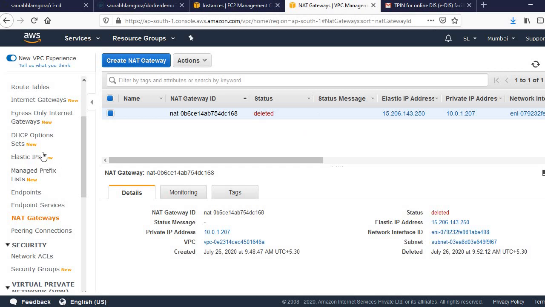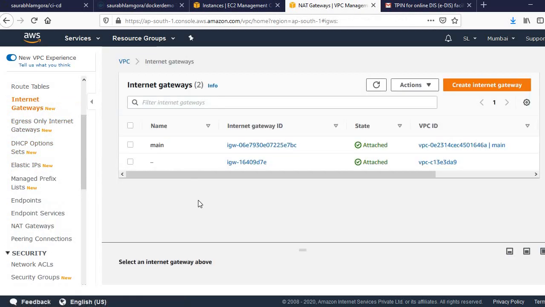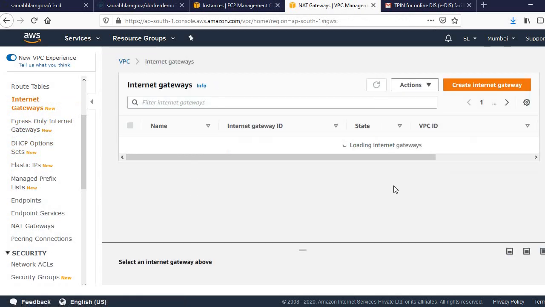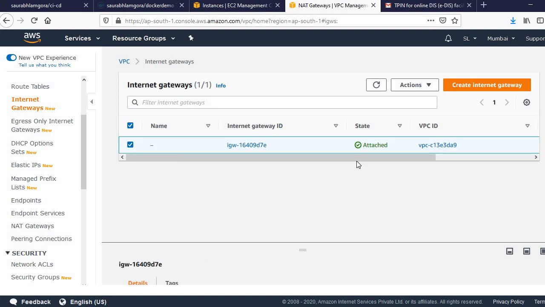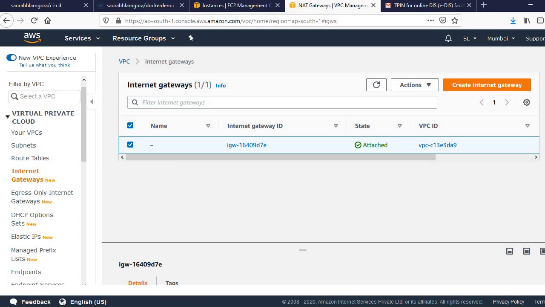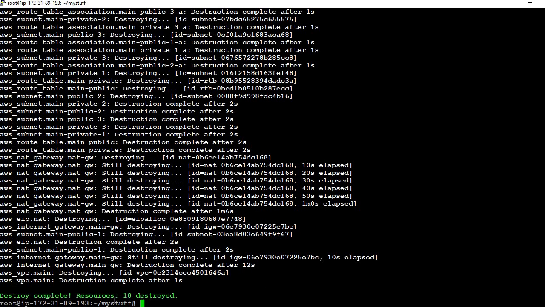The NAT gateway is deleted. The internet gateway is also deleted. Now you can see destroy complete. All the resources have been destroyed.